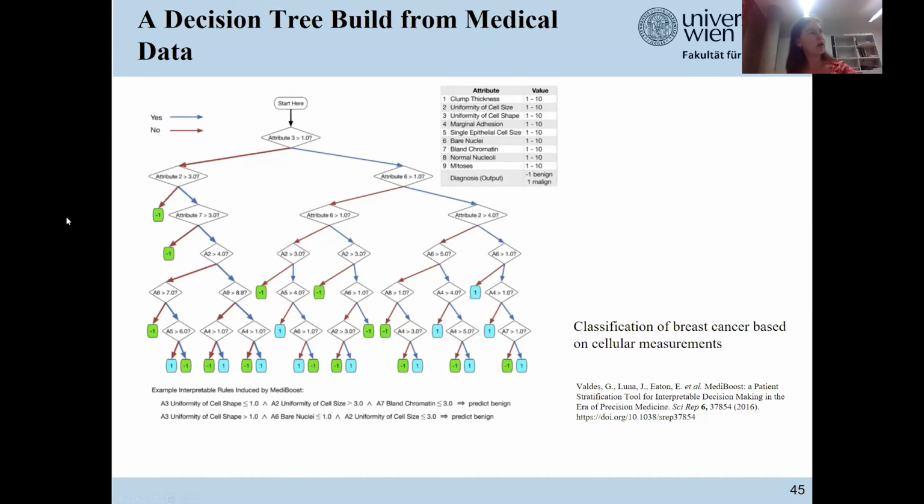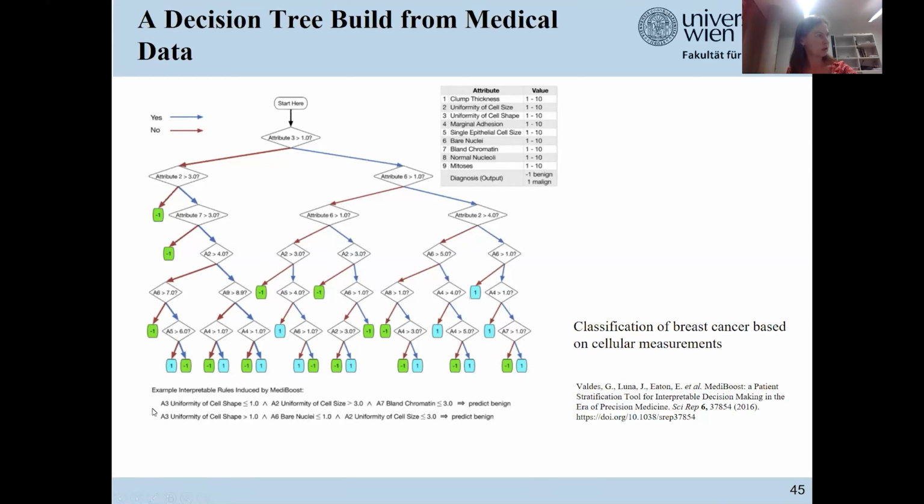You can visualize a decision tree, its inner nodes and its leaves. And from this tree, you can come up with interpretable rules which involve different attributes.